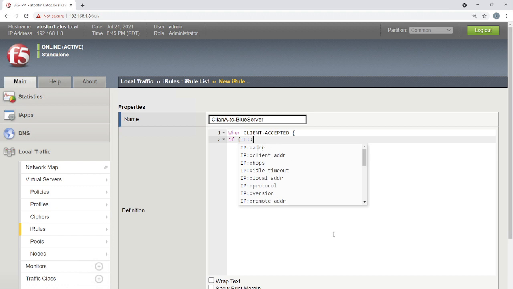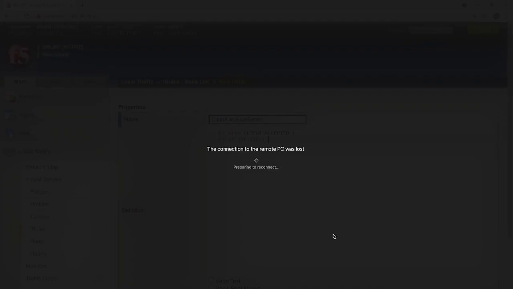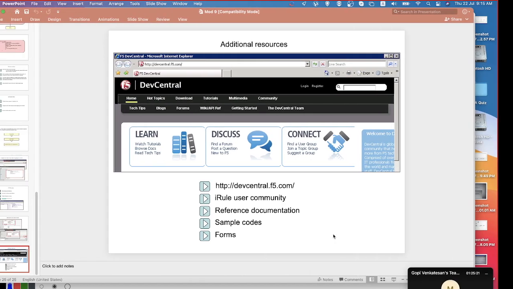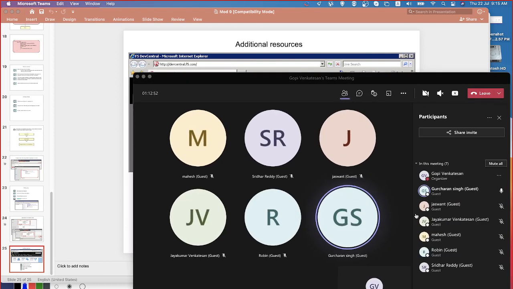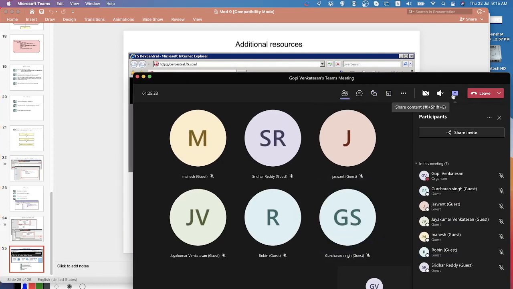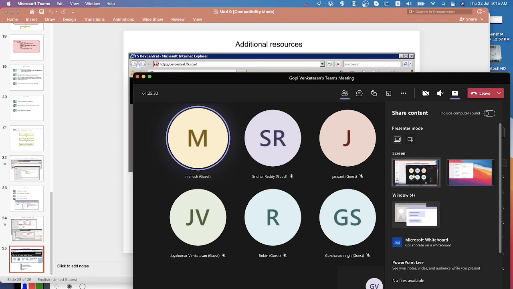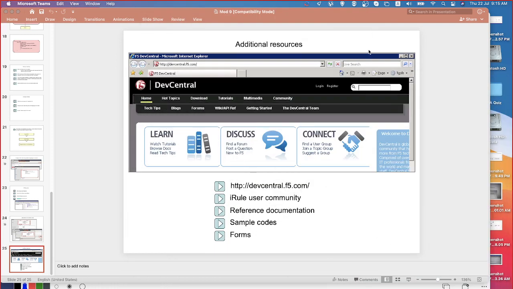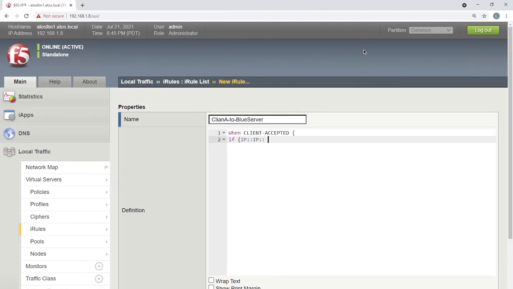ADDR. I'm not sure. It's not responding. I'm just checking the IP address field. Within that, I'm saying that if the IP address of, I think the screen is stuck, I guess. For me also it got stuck. I lost the connectivity actually. My voice is audible, right? Okay. Confirm me that you're able to see my screen now.